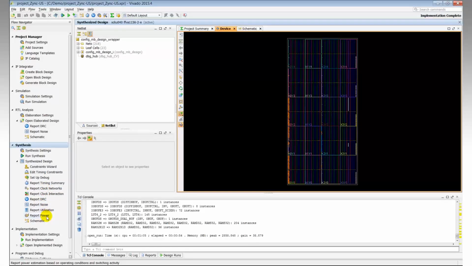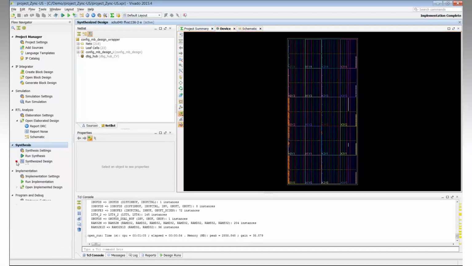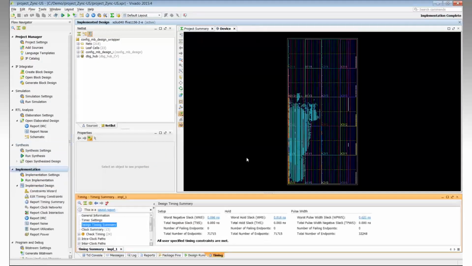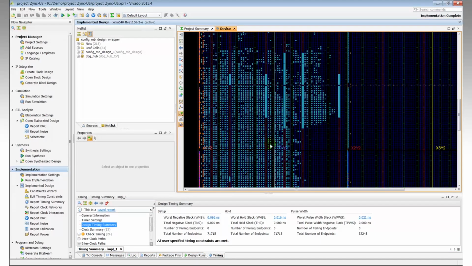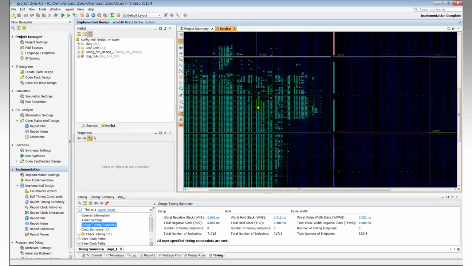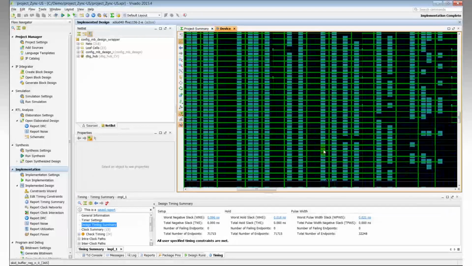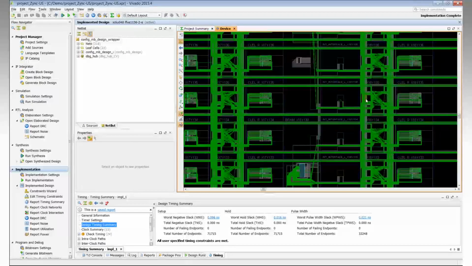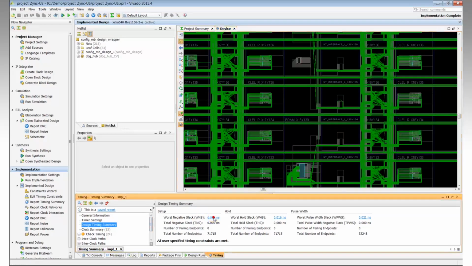I can also open the implemented design after place and route to analyze the fully implemented design. Notice here I can see the logic dispersed within the device, and I can even turn on the routing to see the actual interconnect of the device. Notice here I've selected the worst case timing path, and you can visualize its path